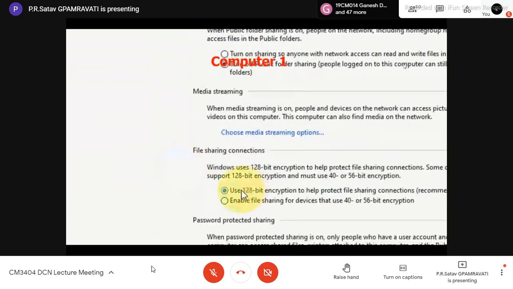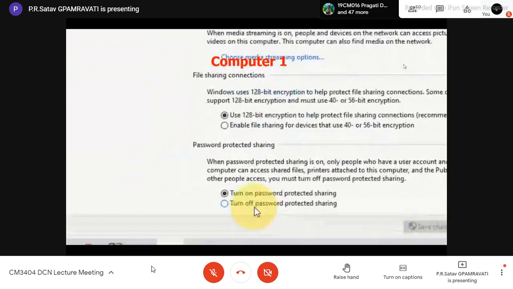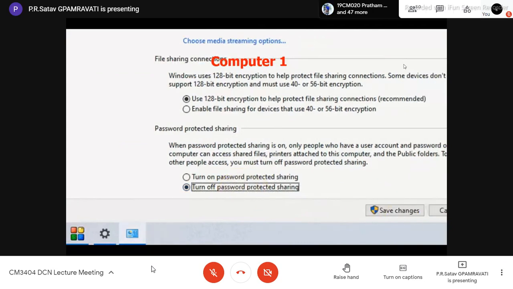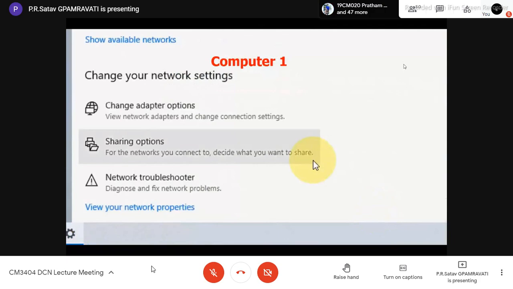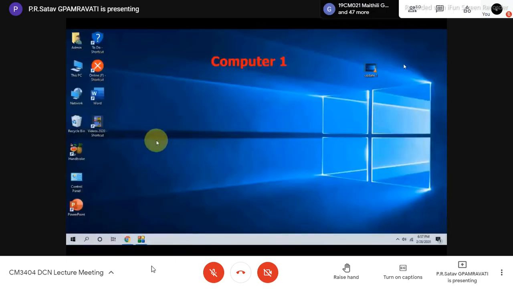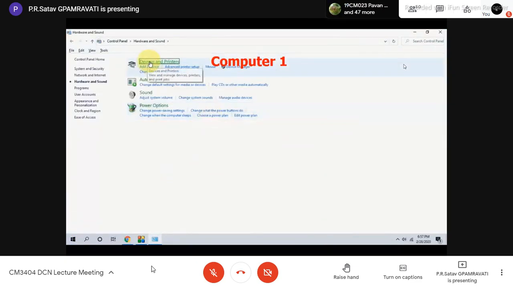File sharing uses 128-bit encryption. We already have this type of settings. Turn off password protected sharing, otherwise you need to share the password of your machine every time to share the device. Now after this, choose the Control Panel, then Hardware and Sound, and there we have Devices and Printers.